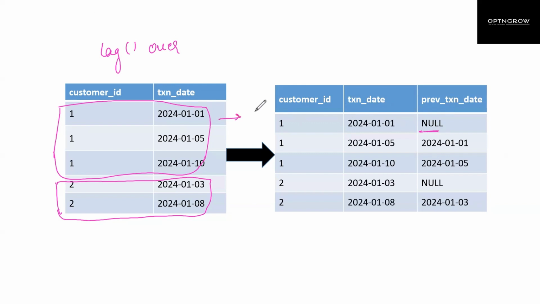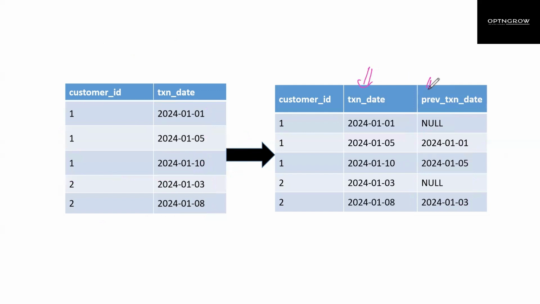For this one, what would the lag be? There's nothing, so it will be null. For this date, what's the lag? This is the lag, the previous row. For this row, what's the lag? It's the previous row, so it is going to capture this value. Once we have this, all we have to do is subtract. Because both the columns are dates, we are going to make use of the datediff function in order to subtract two dates. I hope I'm clear.